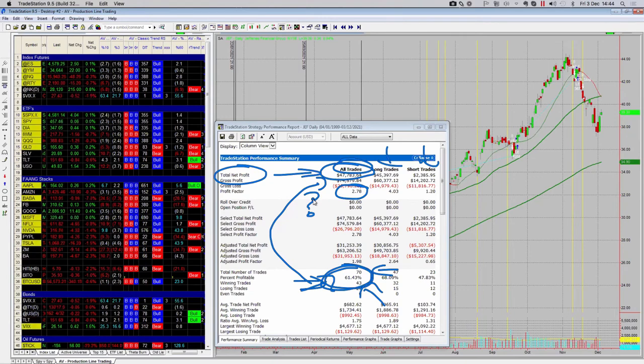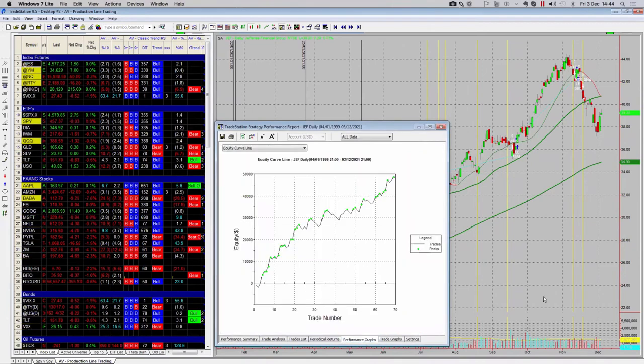It's got a multiple. You're making money and you've got a profitable win rate. So those are the 3 things that I'm looking at there. And then the final thing is I want to look at the equity curve. So over that last 20 years, you've got a lovely, steady equity curve. That's what I'm looking at.